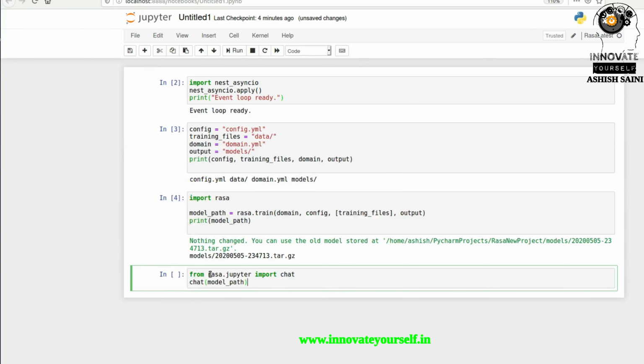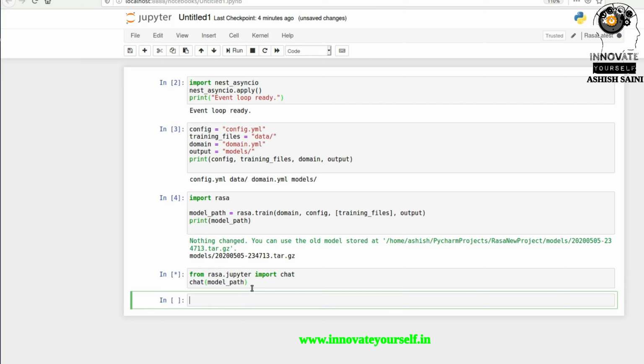By using this rasa.jupyter import chat, this chat means you are going to talk to your bot. In general, we are saying that we are going to run rasa shell. So that is what we are going to do. Just run this. Now you will see it will run the chatbot, and you can talk to the bot, right?